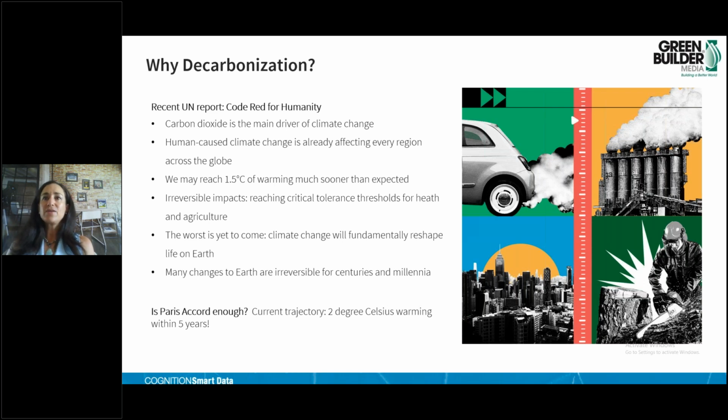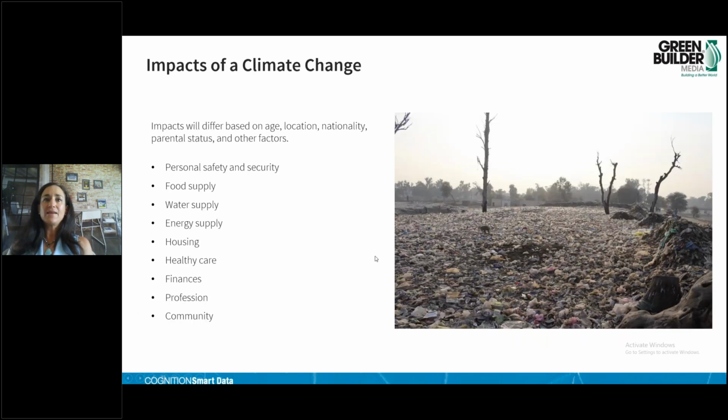So, the bad news is that it's here, it's real. It's impacting every ecosystem and every inhabitant of the earth. But again, the good news is that we can stop it. We can reverse this. And so I'm going to leave you with that bit of kind of hopeful climate science for the day. Now, if we go to the next slide,